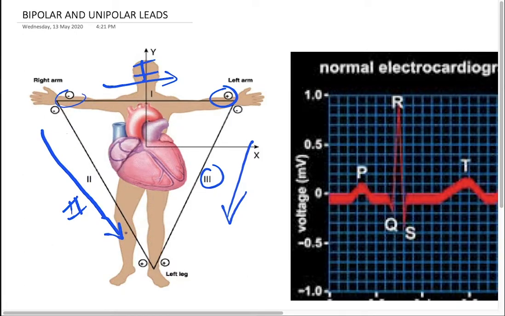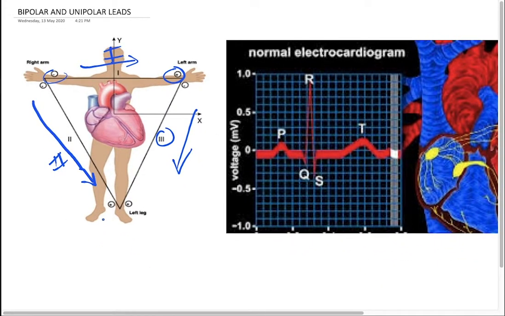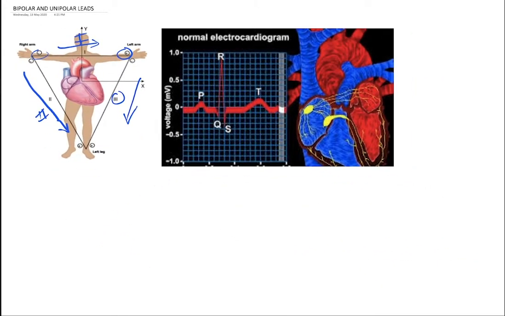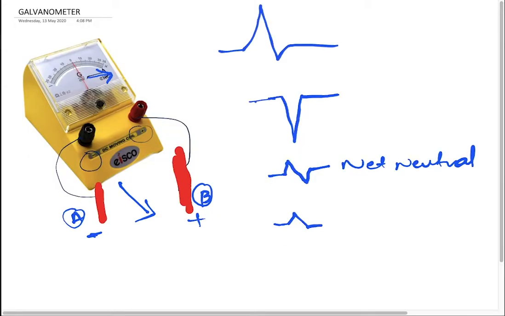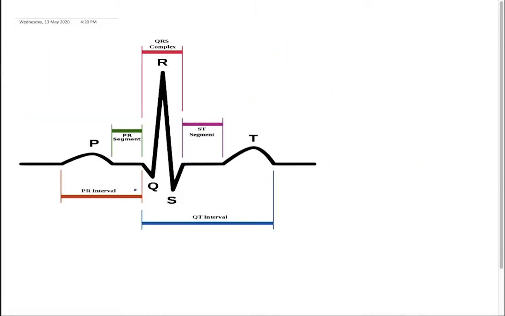Okay, so normally we look into lead 2. This is what the graphical representation of lead 2 will look like. Atrial depolarization followed by ventricular depolarization followed by the T wave, that is ventricular repolarization. So now that we understand, we can move on, and this is how it looks, right? So just for example, I'll show you how it works. Our QRS wave looks, that is ventricular depolarization looks like.